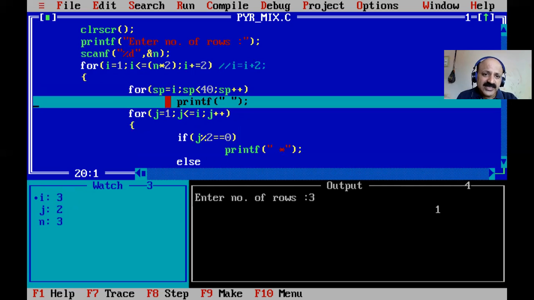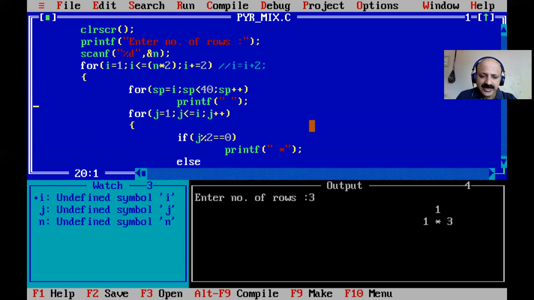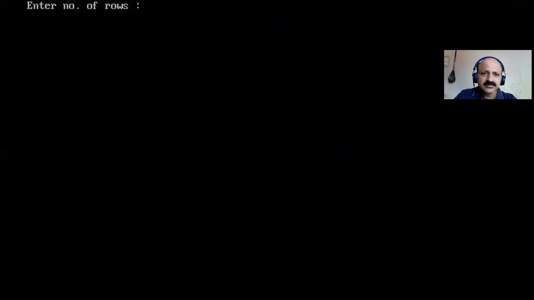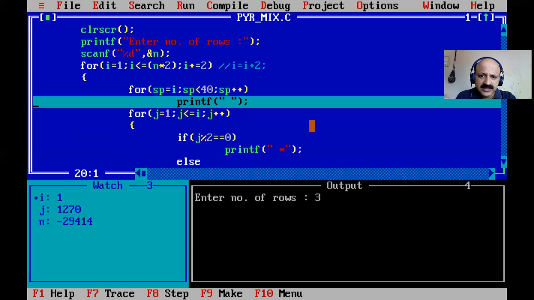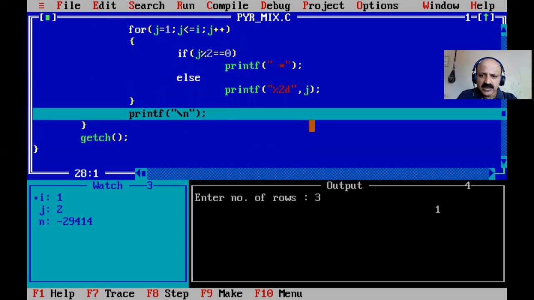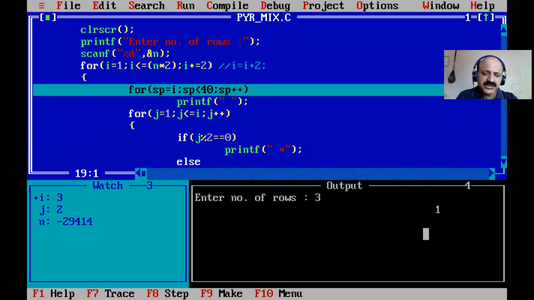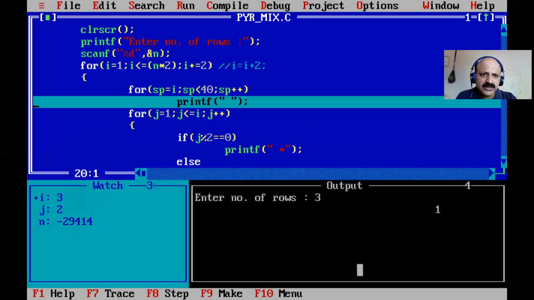The number of spaces is less: 40 minus 3, so 37 spaces, that is our requirement. Now the middle part, I go fast. Here we have to skip ahead, so I close first because it jumps directly, then start again and give only 3 elements. Now our goal is achieved, but some space is required.